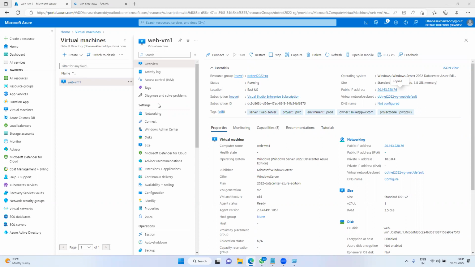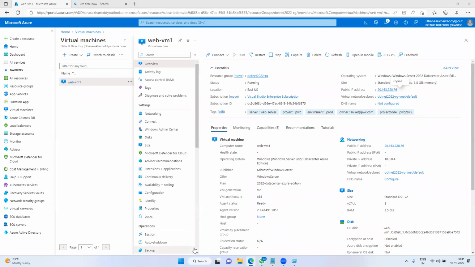Shekhar, inside the VM and on this portal, will the timings be the same, or how do we set it? This VM I have deployed in UTC hours. If it is not, you can change the time zone.